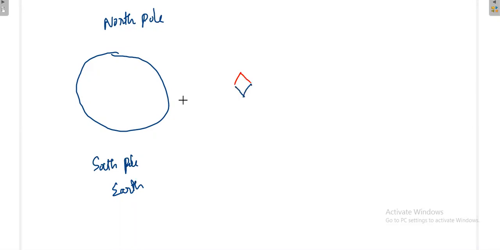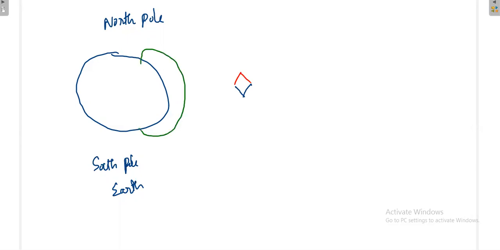Then one thing is very clear. Your compass is showing in this direction, which means the magnetic field is going from the south pole to the north pole, because the magnetic field goes upwards. Only if the magnetic field goes upwards will it denote the north pole direction. So what is the hidden meaning here? Your magnetic field is going in this way.